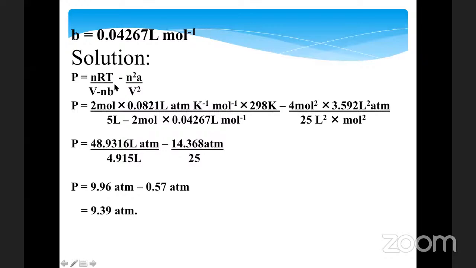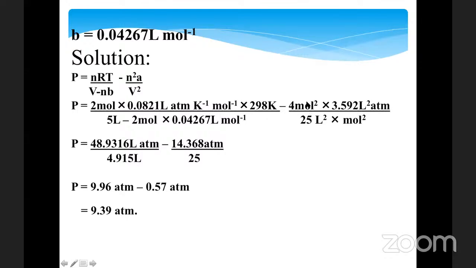We are looking for pressure, so we need the one that has the pressure term. That's why we are using the 0.0821 liter atmosphere per Kelvin per mole times the temperature, 298 Kelvin, minus, we said n squared, and we